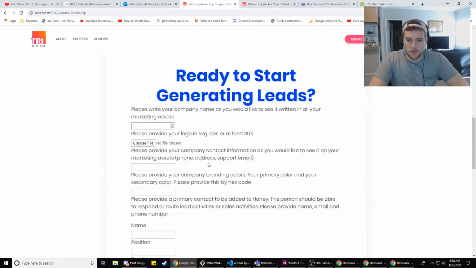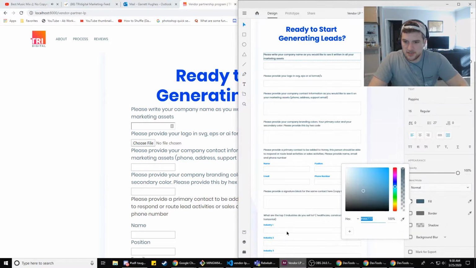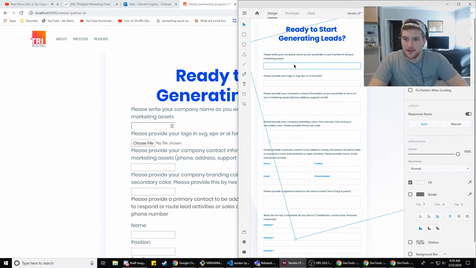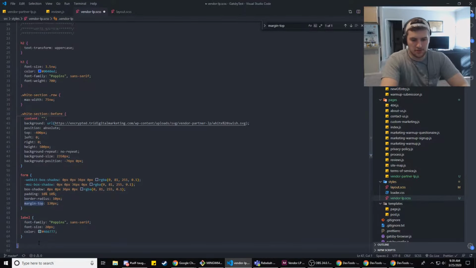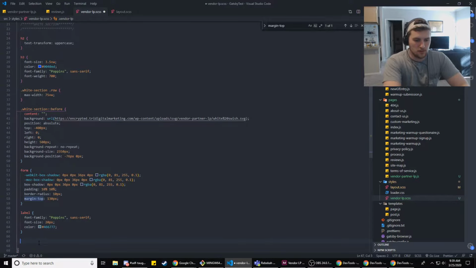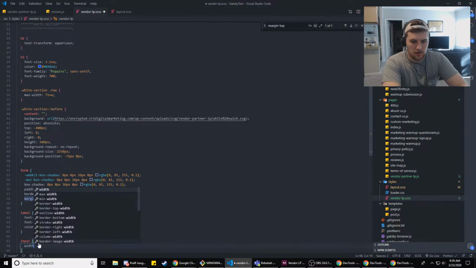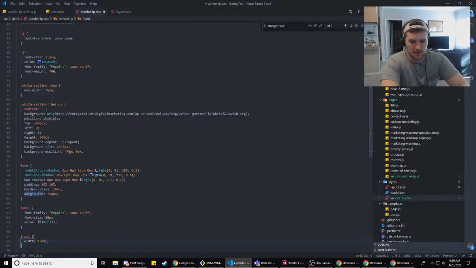Alright, so that looks good. Is this centered? No, it's not. Alright, and then the input's a little bit longer. I didn't save that input style, dang it. So we'll do input width 100%, and then our text area is also going to be width 100%.